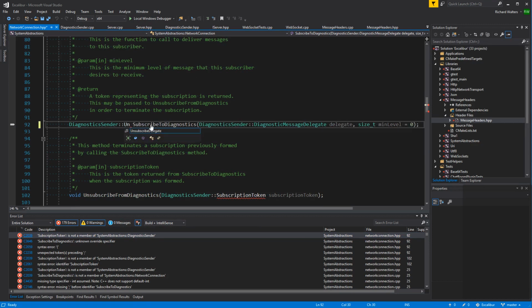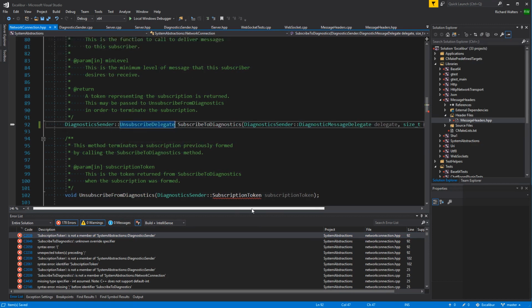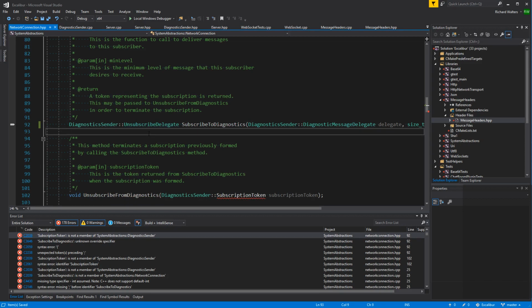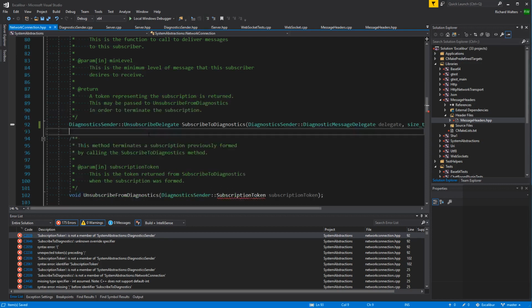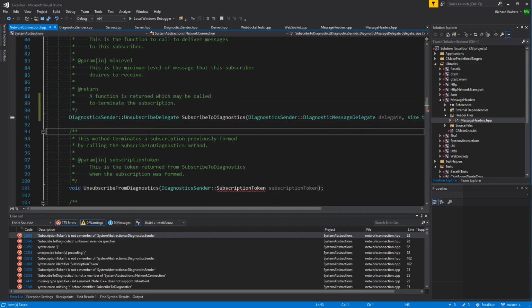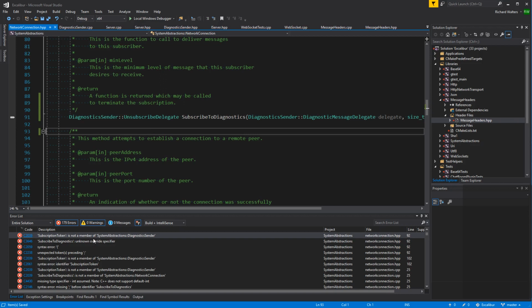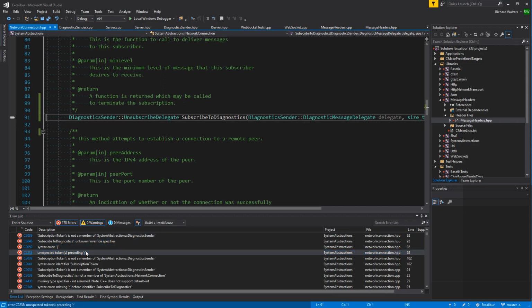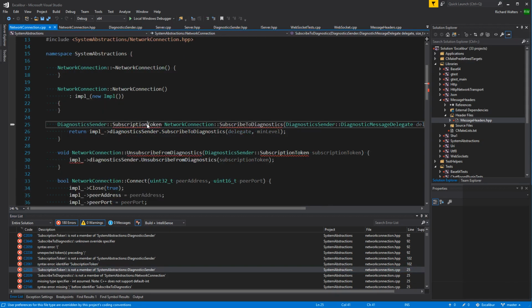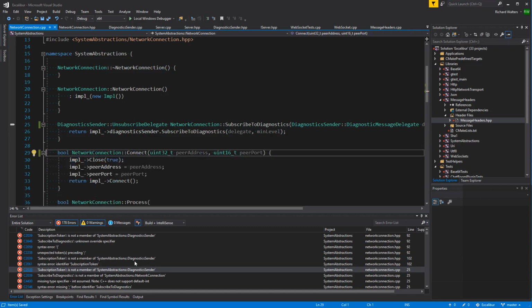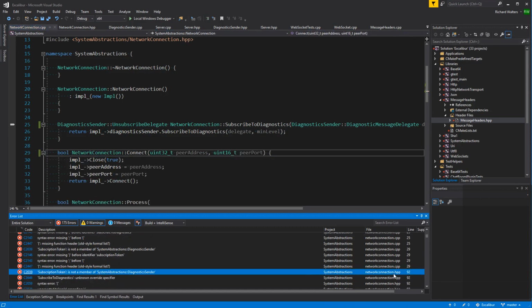More things to fix. Unsubscribe delegate, yes. Fix documentation. Because it's just a forwarder again, probably a lot of these will be the same.